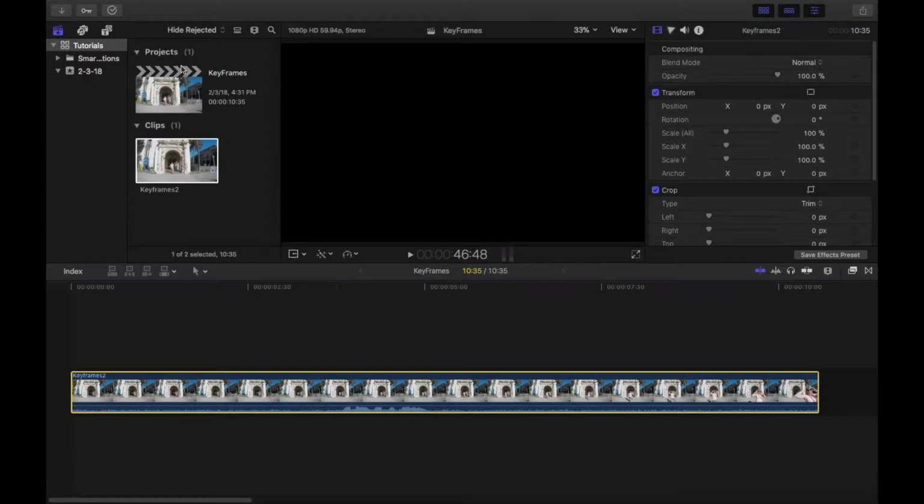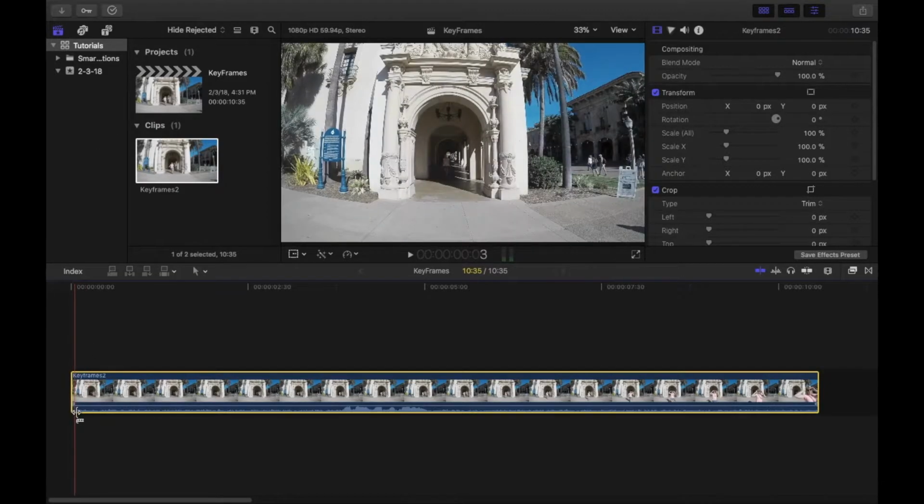In this video, I'm going to show you how to use keyframes in Final Cut Pro, both keyframes of the video type and of the audio type. First, let's start with the video. Let's say we have this video